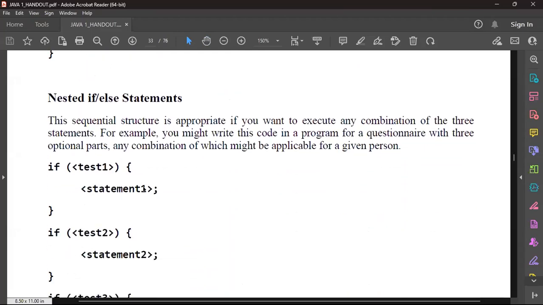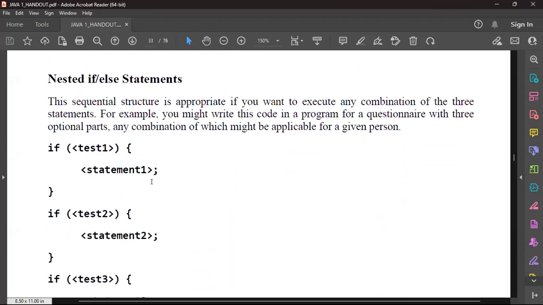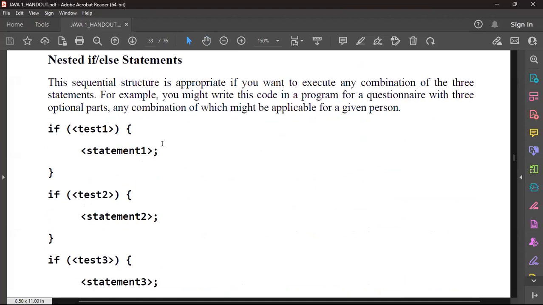Now, there's also the nested if-else statements. So it says here that this sequential structure is appropriate if you want to execute any combination of 3 statements. Any combination of 3 statements. So for example, you might write this code in a program for a questionnaire with 3 optional parts. Any combination of which might be applicable